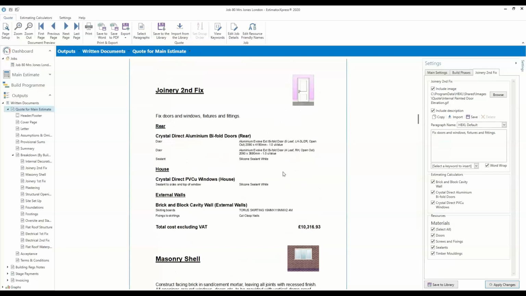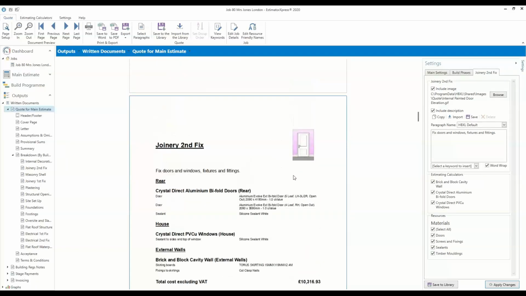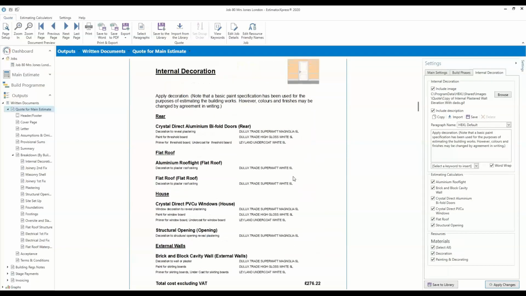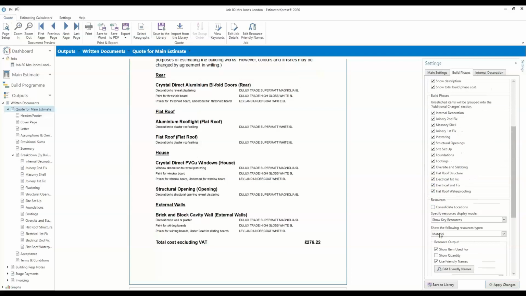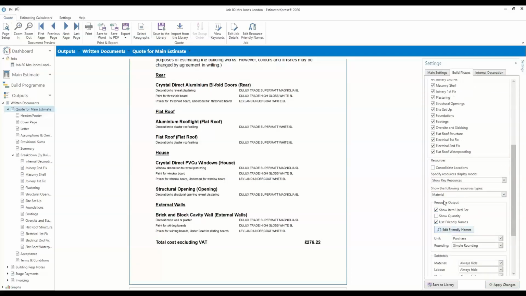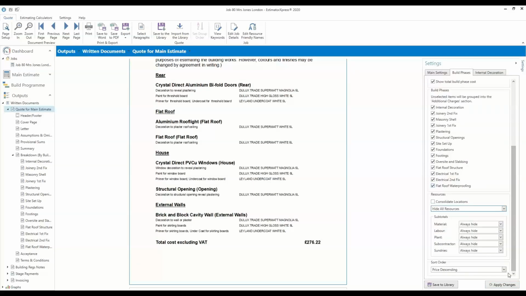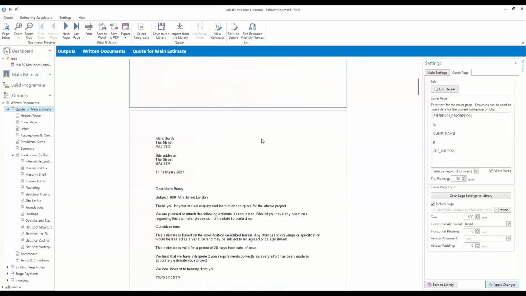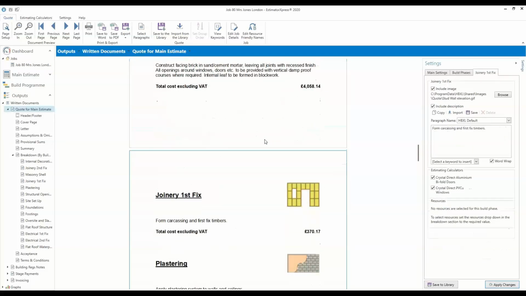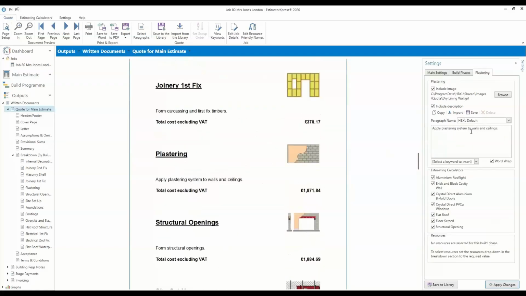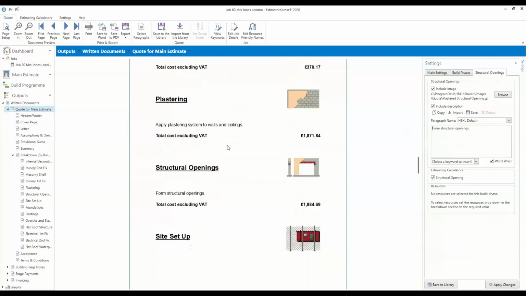And you can actually show the client some of the materials and stuff you've used on it. If you don't want to show that, you don't have to. You can tell the software to hide those under hide all resources, and that will just hide everything. So they don't get to see what you've estimated with. They just get a breakdown of each build phase, a little description. You can change the descriptions,